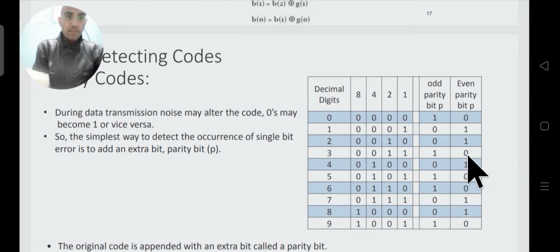Similarly, the odd even parity for this particular thing will be 0. Now if we receive the message at the receiver end with an odd parity, and the received message has an odd number of ones, then we assume that the code word is correct. Whereas if there is a single error, then one of the bits will get changed,